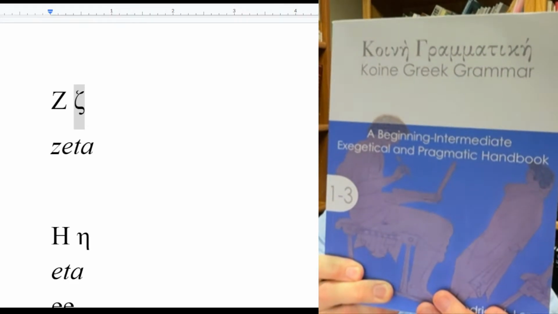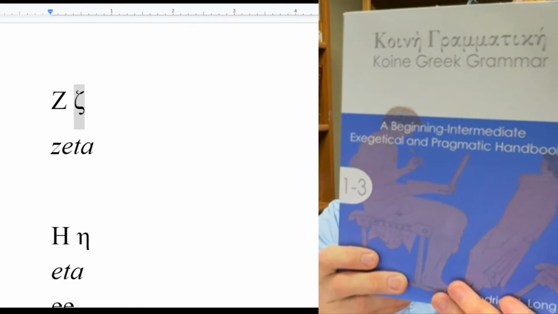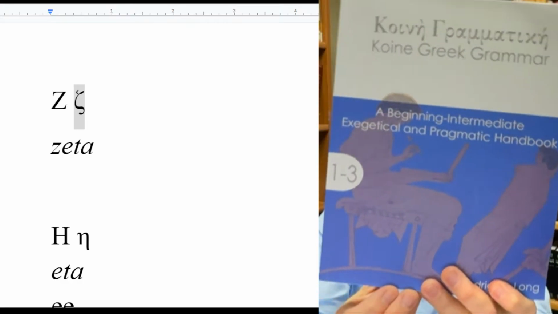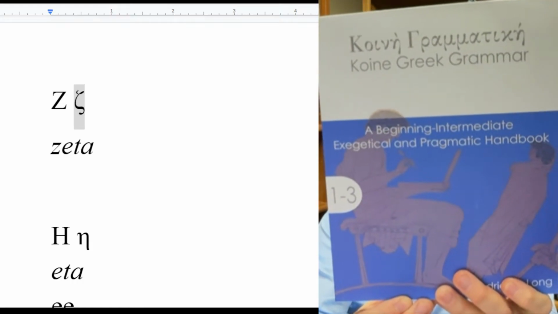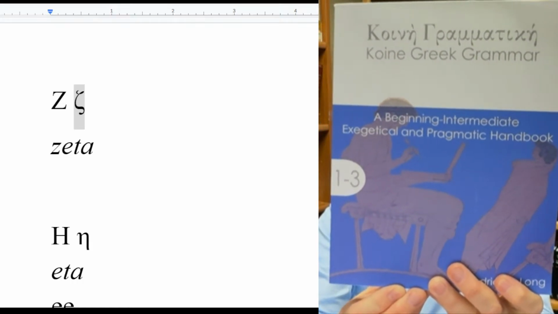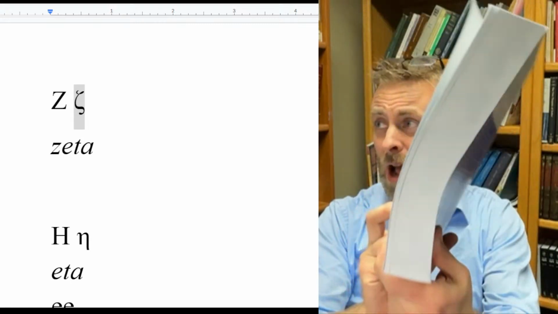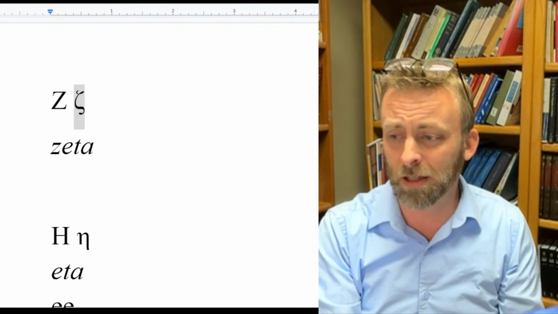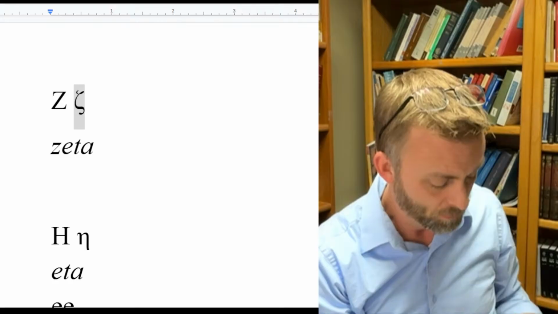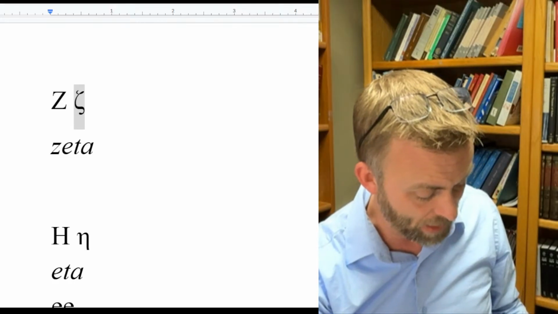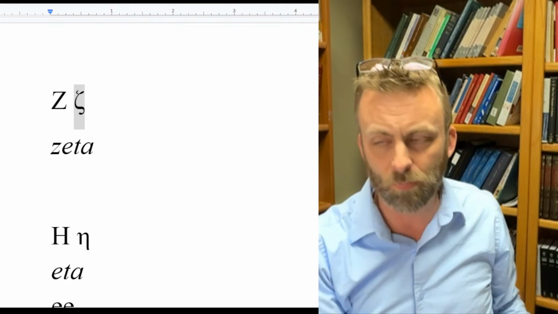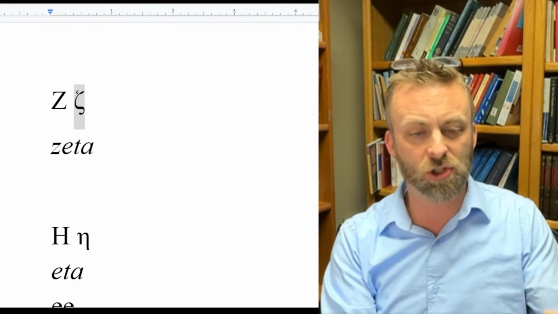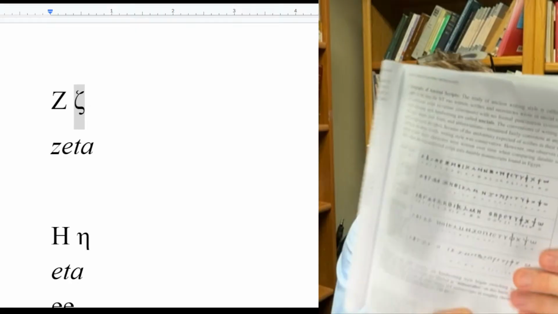So here we go. This is a Koine Greek grammar by Frederick Long. Sorry, everything's backwards here, so I'm trying to hold it up for you. This is really a fantastic book. Not light reading, to be sure, but I am going to make regular reference to it. He does a great job of introducing